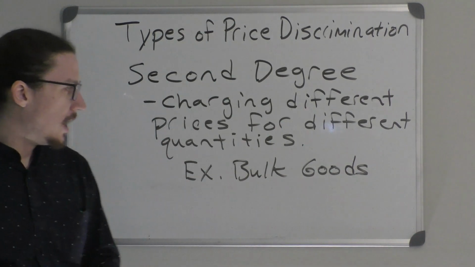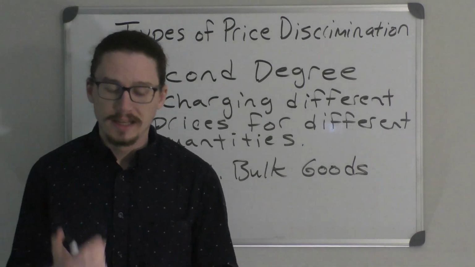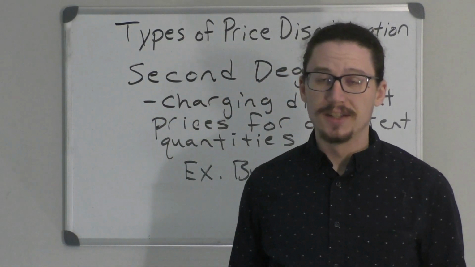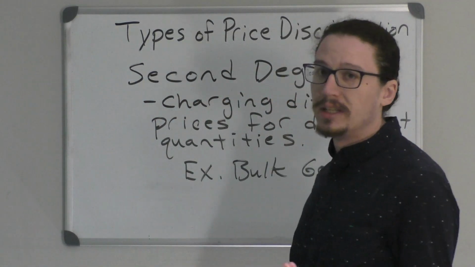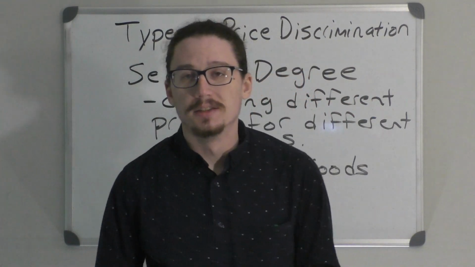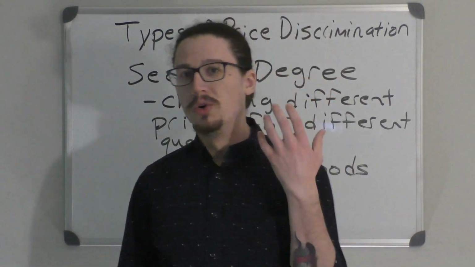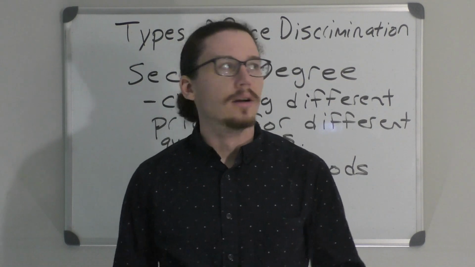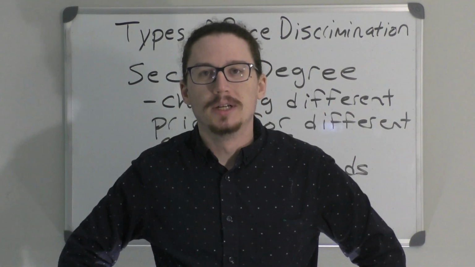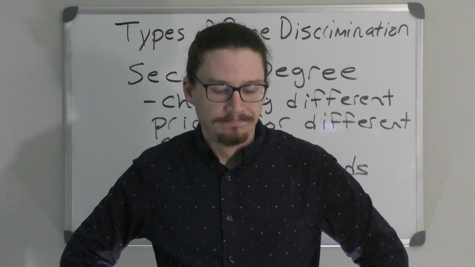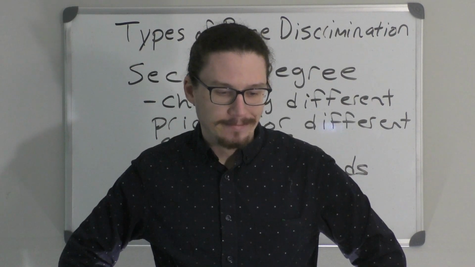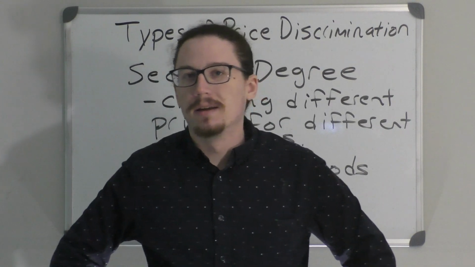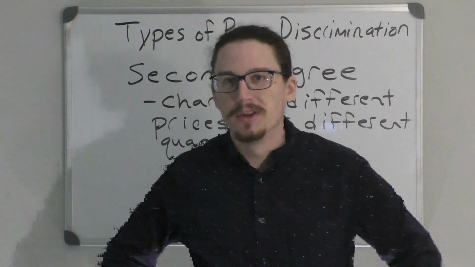This type, second degree price discrimination, is certainly more common than first degree. So you can see this in a lot of different places. If you go to Walmart and you buy, I don't know, what's a good example? You buy a 12 pack of Cokes or something,